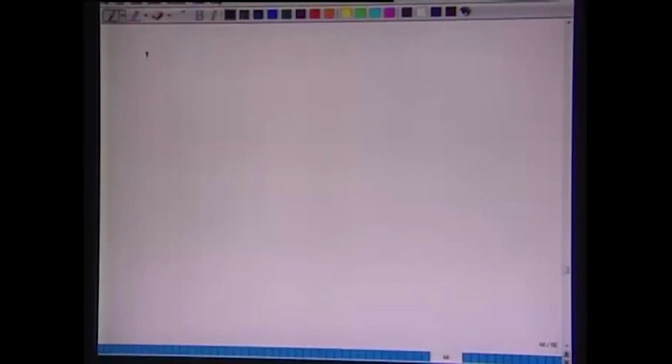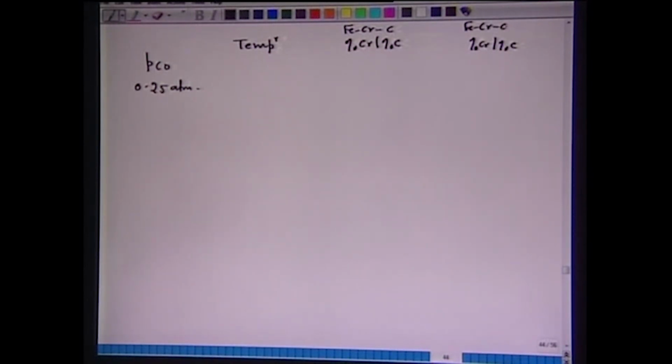So, now let me illustrate the effect when we decrease the partial pressure of carbon monoxide. Now I take the partial pressure of carbon monoxide as, say, 0.25 atmosphere. Again I take temperature and the ratio of percentage chromium upon percentage carbon for the iron, chromium and carbon melt, and percentage chromium upon percentage carbon in the melt for iron, chromium, carbon and nickel. Temperatures again I take 1873, 1973,